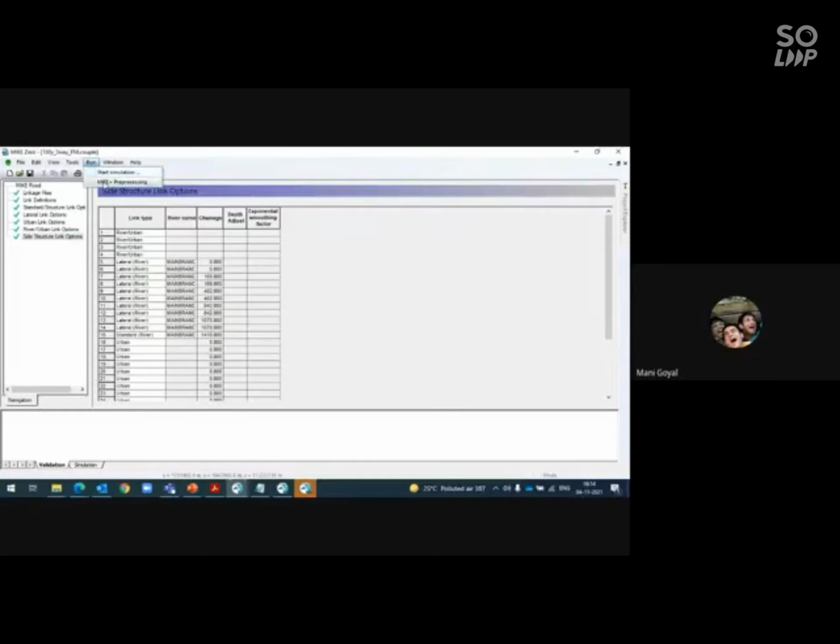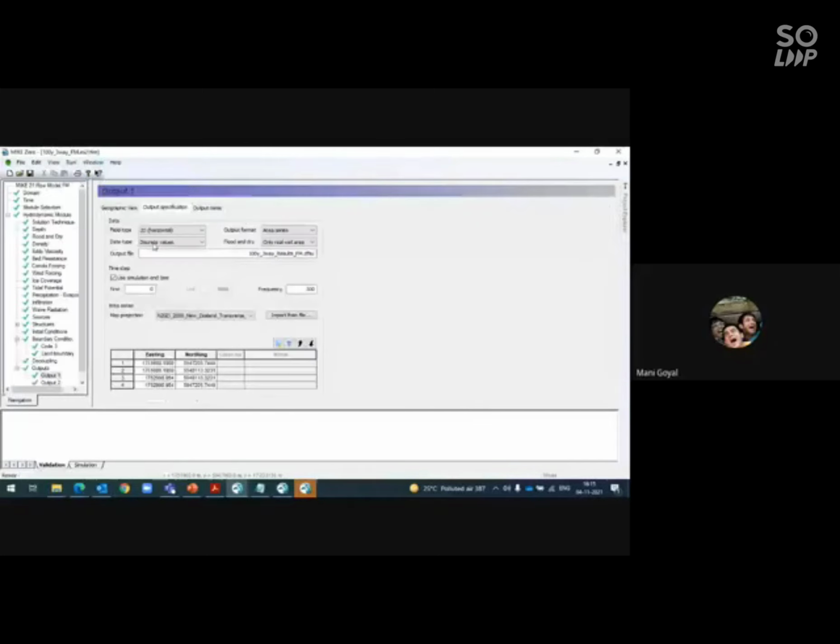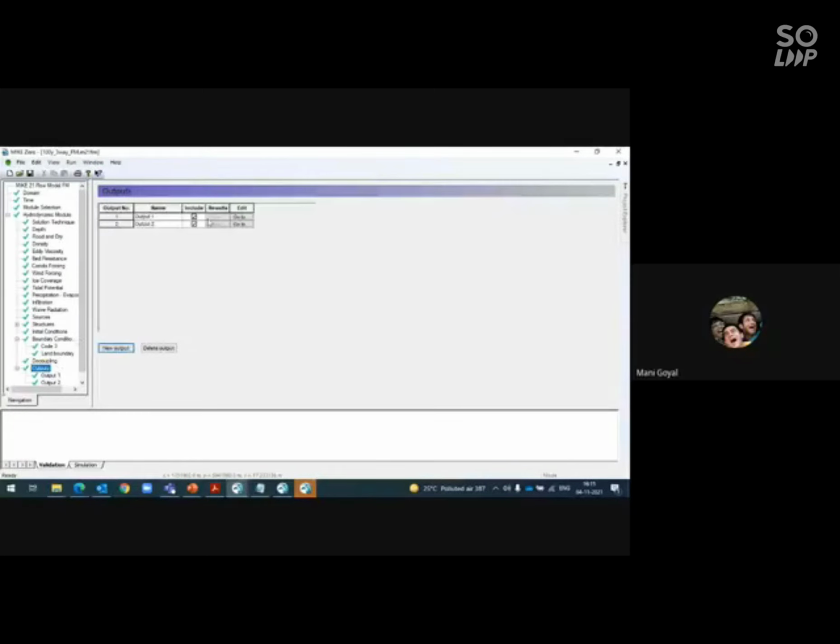First, you need to pre-process your Mike Plus urban model, and then you can simply start the simulation. It will give you the results in the form of DFS2 only. DFS2, 2D domain. So you can check the extent of flooding, the inundation part, all those things you can check in that DFS2. Wherever you specify, and the results, whatever you have specified here, if I show you again, whatever you have specified here